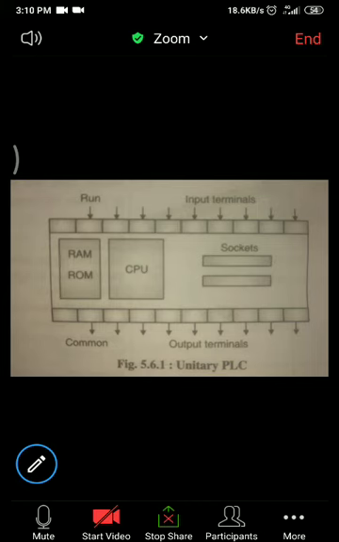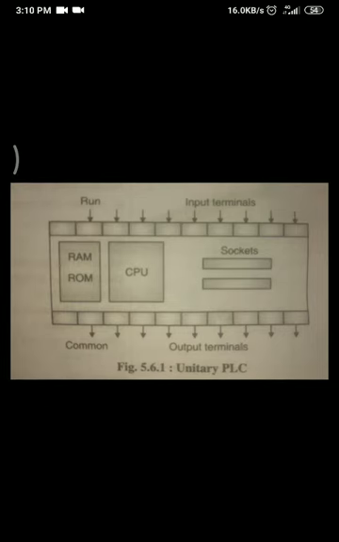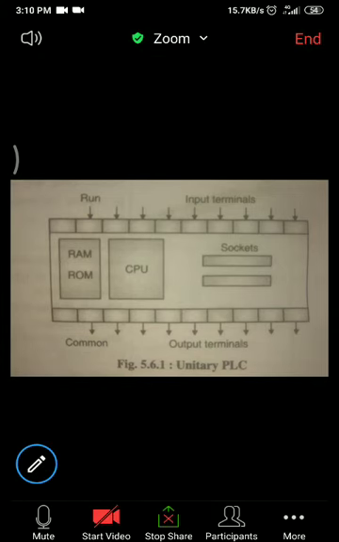If you go into the market and purchase a large PLC, but your application is very small, suppose your entire system can be designed for 10,000, and you have to purchase a large PLC for that, then obviously the cost will be tripled, or four or five times that of your single system. That large PLC is not useful to you because the function of a large PLC is different, and you have to perform a dedicated or standalone task. There you have to use a cost effective PLC. These cost effective PLCs are nothing but the micro PLC, that is the unitary PLC.